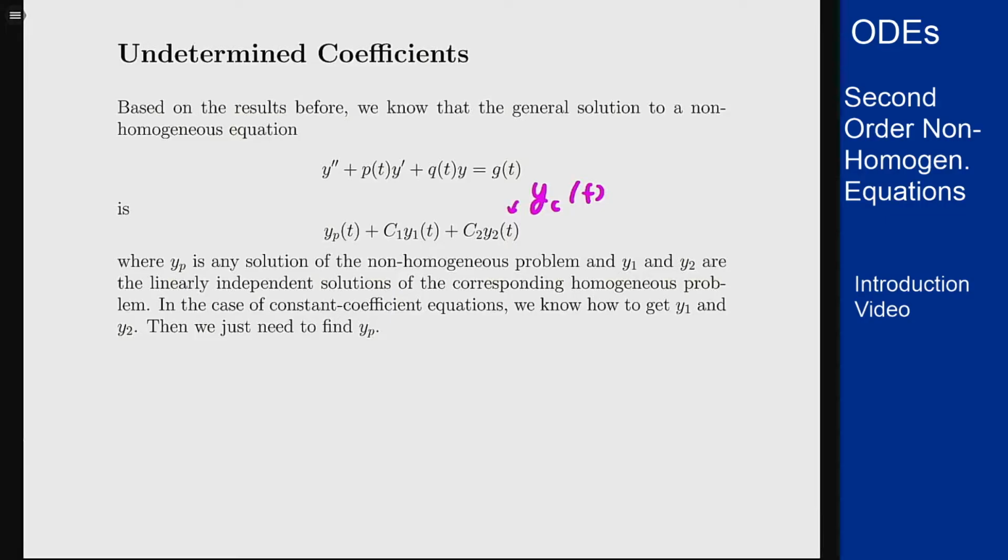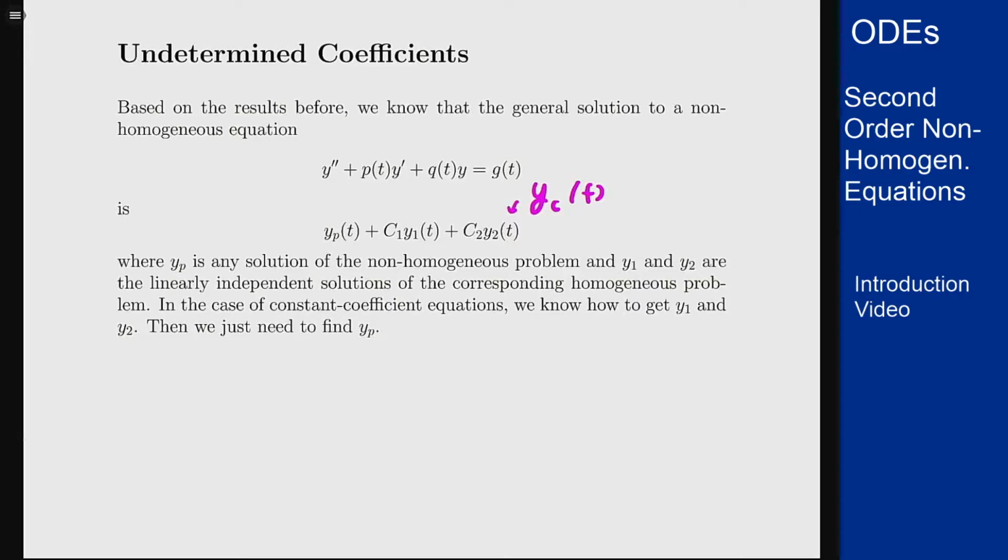If we had a constant coefficient case where p of t and q of t are both constants, we would know how to find this y1 and y2 and could build this c1y1 plus c2y2 part of it. In that case, we just have to find yp. And based on our results, we can find it however we want. As long as we come up with an example of a yp that solves the problem, we're good to go,